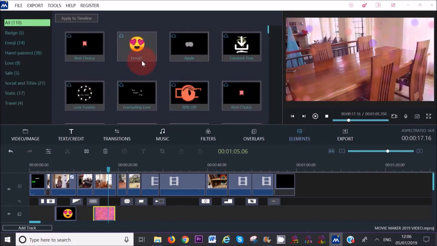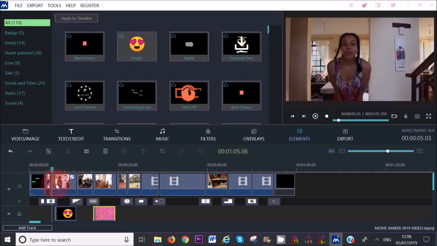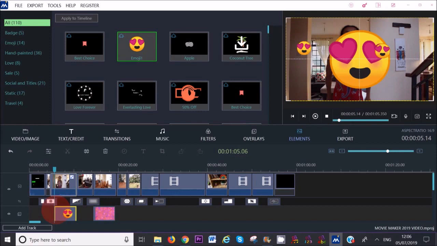Click on elements. As you can see, I've already added emojis. So I've simply moved my cursor here to where I'm speaking, and then you drag the emoji down again to where you want it to be. So I've put the emoji here. There it is. So once you apply it here to your timeline, it will appear here in the preview box,